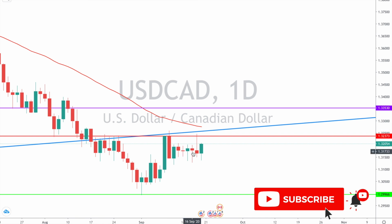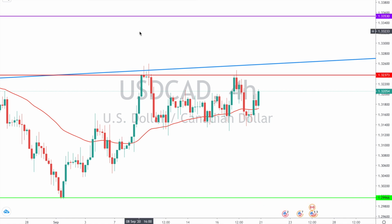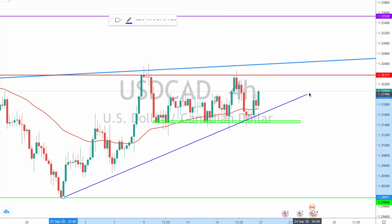So let's go down to the 4-hour time frame. So here's the 4-hour time frame, and let's do the following. First, let's draw our structural level, which is very valid and rejected and respected multiple times in the recent time. Second, let's draw a trend line. So we have our trend line